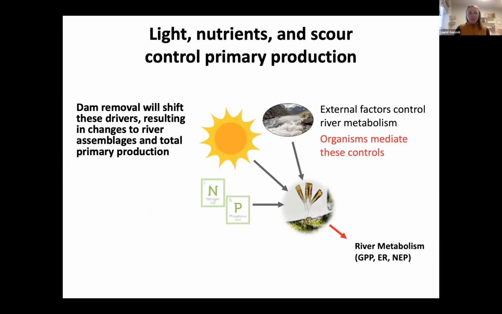And so we have these basic understandings of how biomass accumulates and productivity ends up, but we really don't have a good idea about how these different controls are going to interact with dam removal, because we know dam removal is going to affect nutrients. It's going to affect light to the benthic zone by influencing turbidity in the river, and it's going to affect scour. But there could be a lot of different directionality. And I think in general, our hypotheses and understanding are still not super strong in terms of how dam removal can influence biomass and also rates of production in the free-flowing river below the dams.